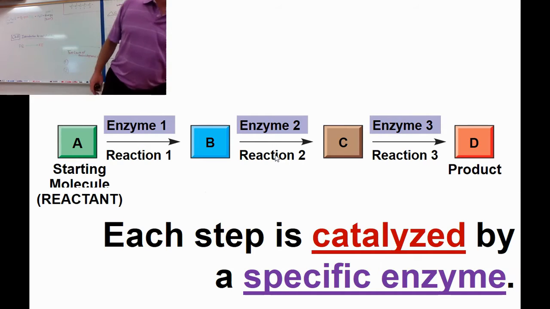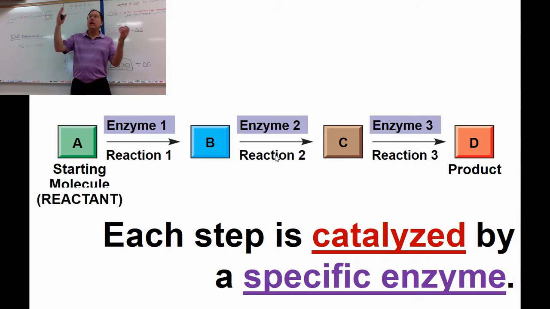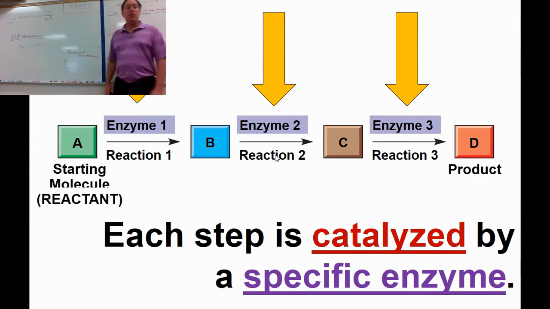So the idea is, and we're going to get to that over here, this bond would eventually break if we just left it alone by itself. Maybe in the environment there would be enough energy to vibrate this bond and it would eventually break. But what enzymes do is they speed up reactions because they're going to stretch this bond in an uncomfortable position, so it needs less energy from the environment to break. So enzymes speed up reactions. That's what they do. Here's a movie on